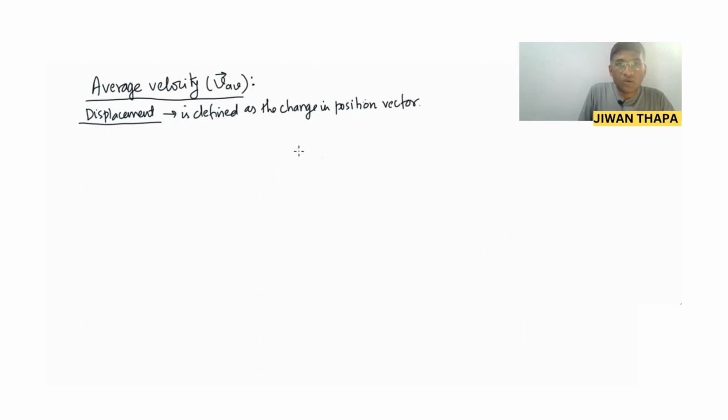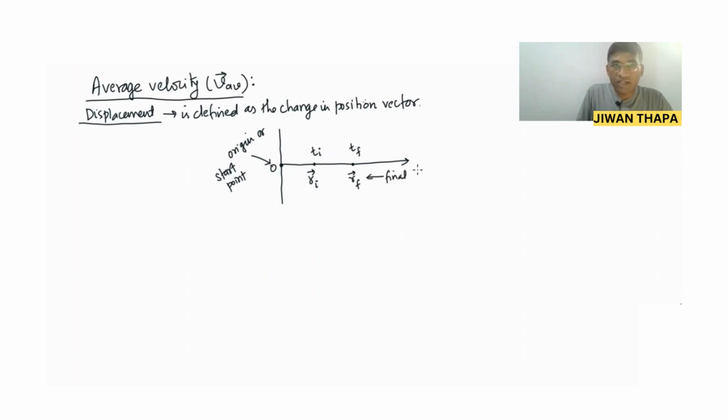Vector. So I'm drawing a graph. Okay, so let's say this is the origin, this is origin or the start point. Let at time ti the initial position vector be ri vector, and let at time tf the final position vector be rf vector. So this is the final position vector,